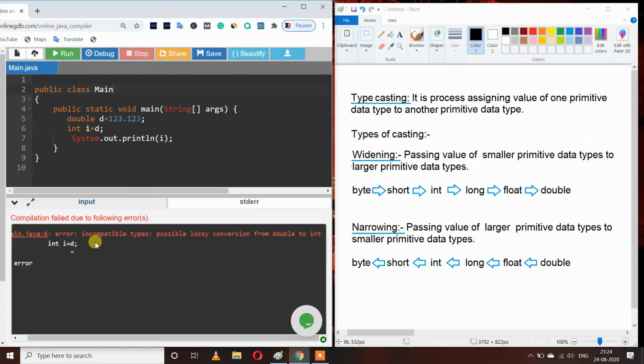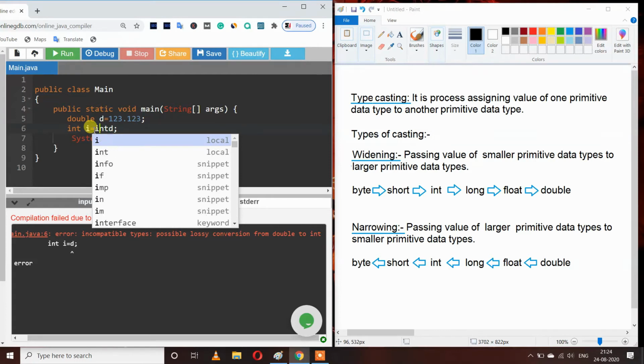We are getting an error: incompatible types, possible lossy conversion from double to int, because int is smaller than double, and transferring data from double to int may lead to data loss. So Java is not converting our data automatically, but we can do it manually by writing int here in brackets.